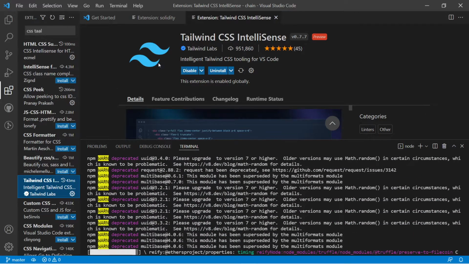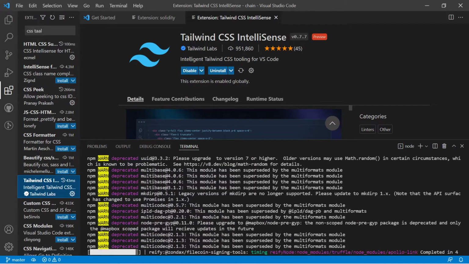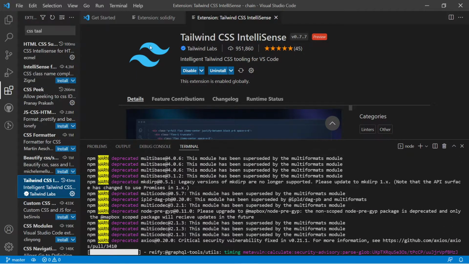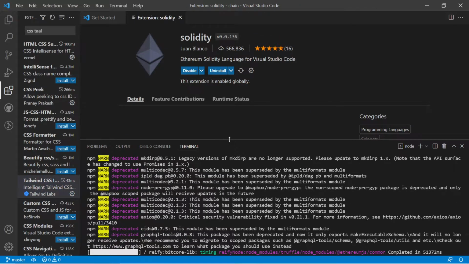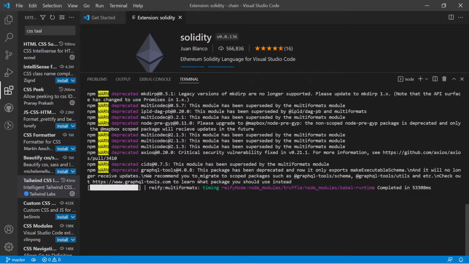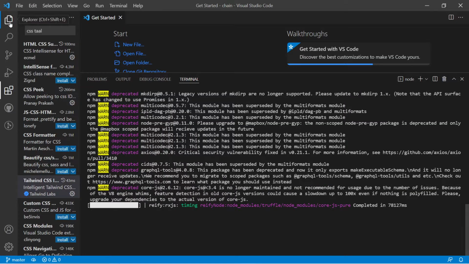It is a must because this will help you find the syntax and shortcuts that will help you while doing hands-on coding. The installation is in progress. Let me give this some more time to install. Let me close this.